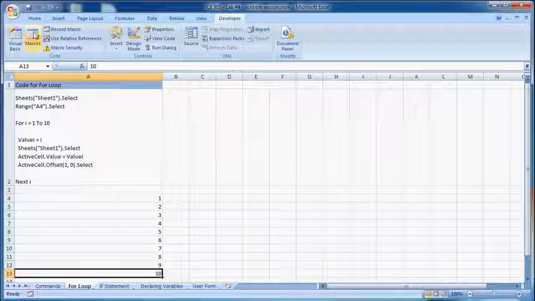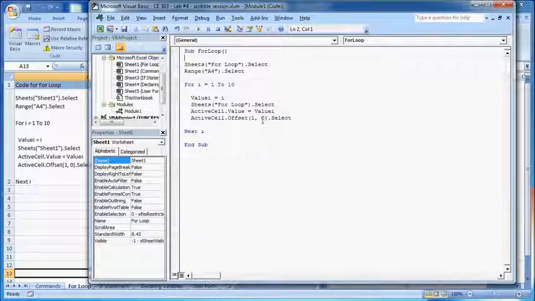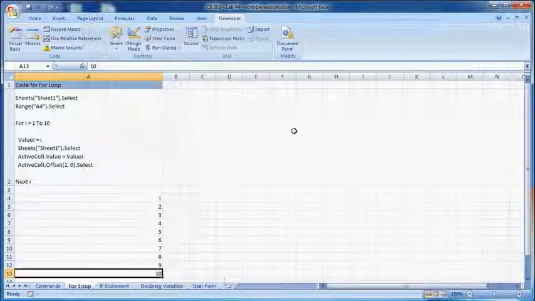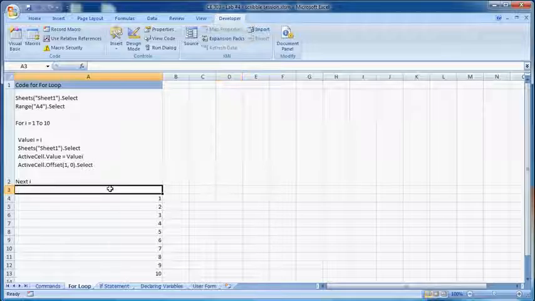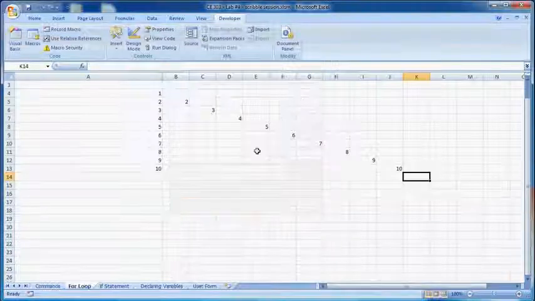Now let's go in and edit one more thing to show you some options. If I edit this, if I were to change this value here on the offset, we'll ask ourselves what's going to happen here. Just a simple adjustment there. Hit save and kill out of that, and we'll come back here and I will run the macro again, and this time